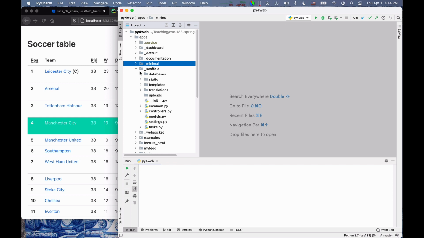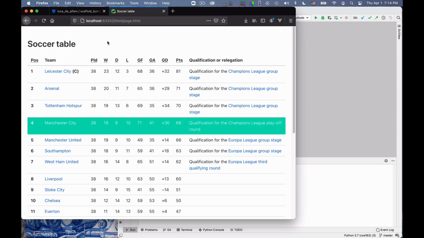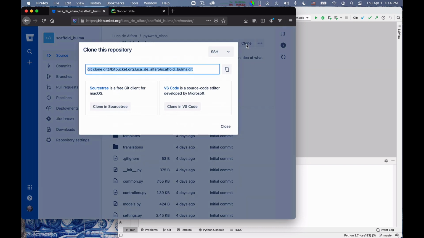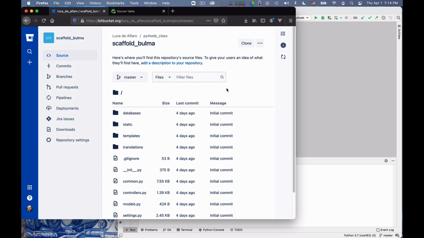But the one I prefer is Scaffold Bulma. Scaffold is built on no CSS, and I prefer to build on Bulma CSS, so I prefer to use this. So let's look at the instructions for cloning. This is what I need to do to clone this. I copy this command, okay, from the Scaffold Bulma